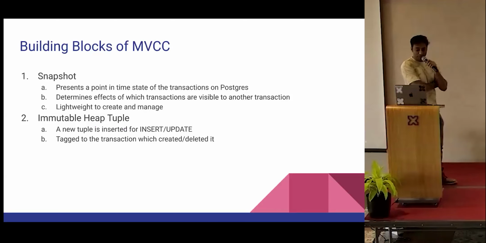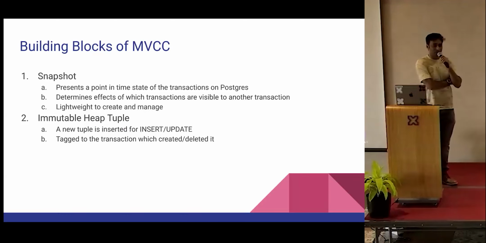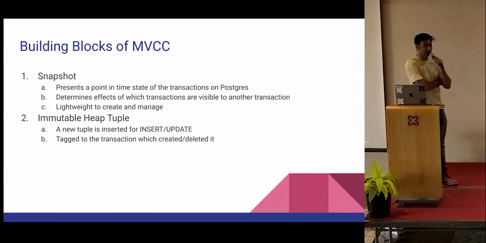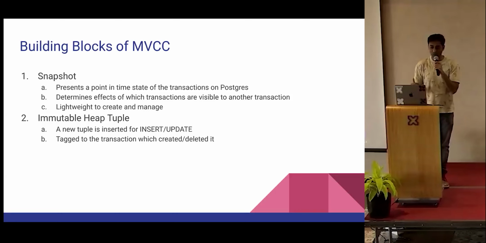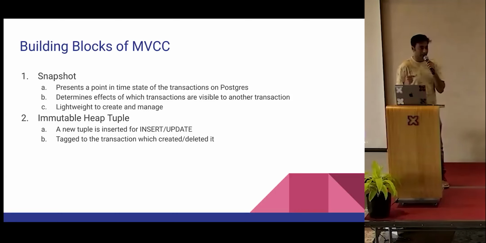Okay, now from the building blocks perspective, at a very high level, the entire story of MVCC relies on 2 things. One is the snapshot, and second is the immutability of the heap tuple. Okay, so a row is called a heap tuple in Postgres. That's the technical name. Okay, so what exactly is a snapshot? When a transaction enters the system, Postgres gives it a view of the system. What it means is that